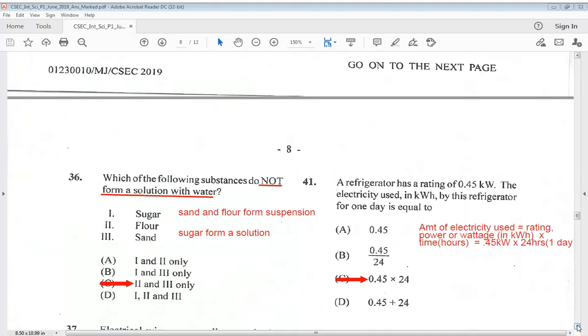36 says, which of the following substances do not form a solution with water? 1, sugar, 2, flour, 3, sand. So our answer would be C, 2 and 3. Let's go on to